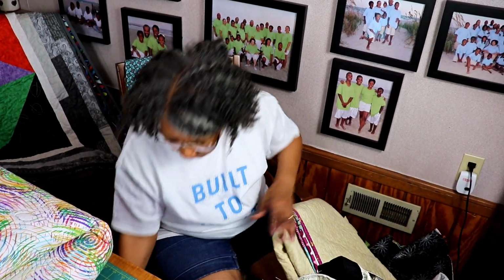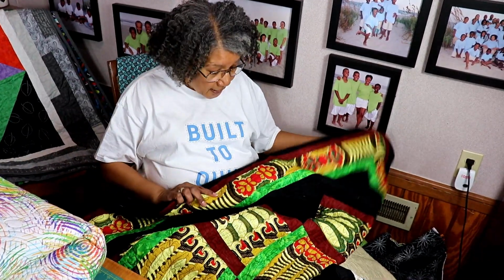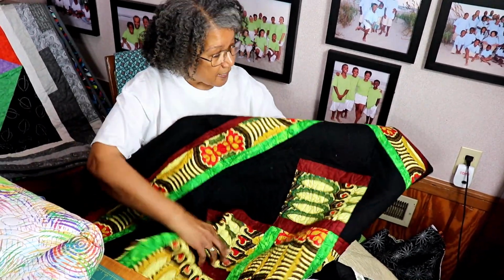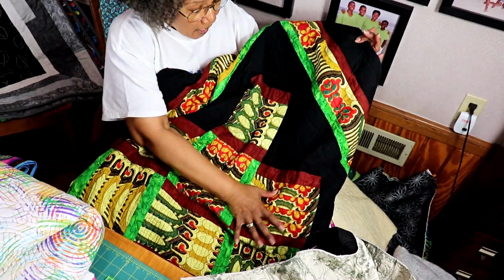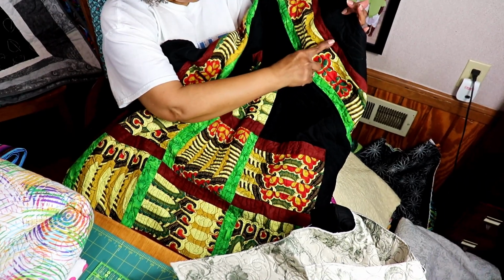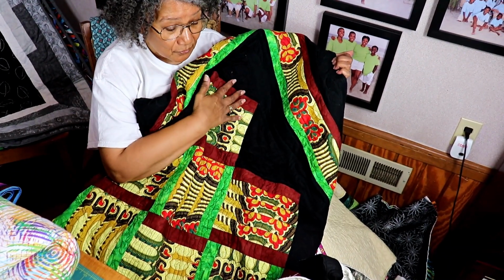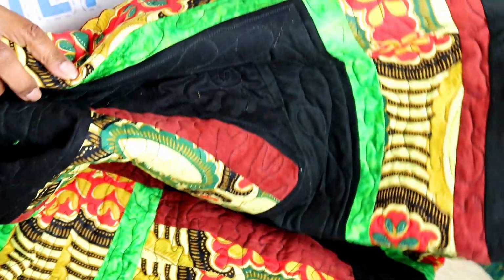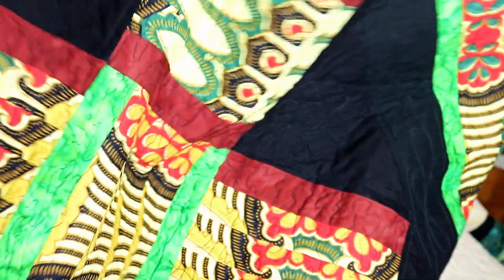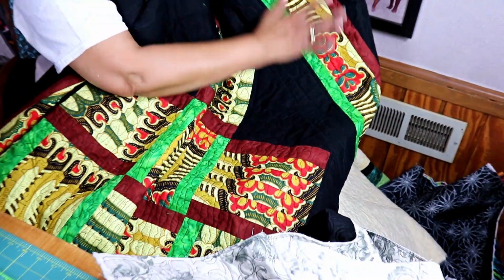Sometimes I got a little carried away. I made this quilt some time ago. It's made of African fabrics, and it didn't work out to be the size that I wanted. So I ended up putting 1, 2, 3, 4, 5 borders on it. And once I did that, it was the size that I wanted. I really love this quilt too. I just finished saying to my son how much I love some of my quilts. This is another one. But you can see how the borders work together, and this quilt really needed these 5